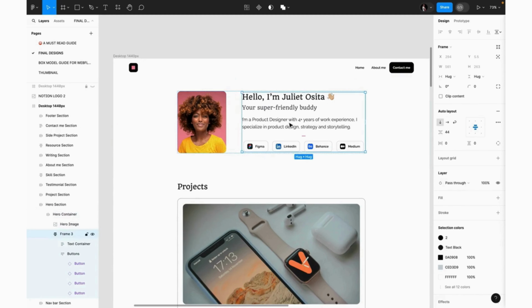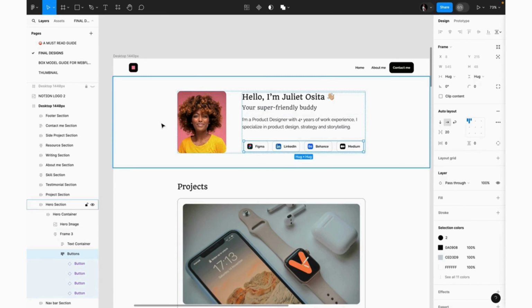And then there is another container that holds the text and the buttons together, and another container that holds the text together, then another container that holds the button together. So everything is going to be a div nested inside a div, nested inside a div to create a structure